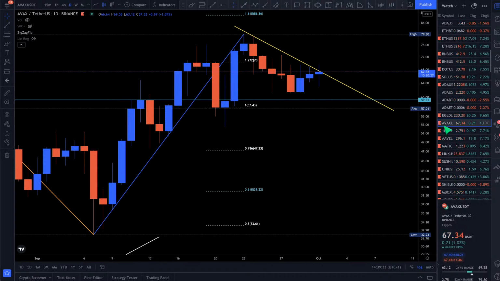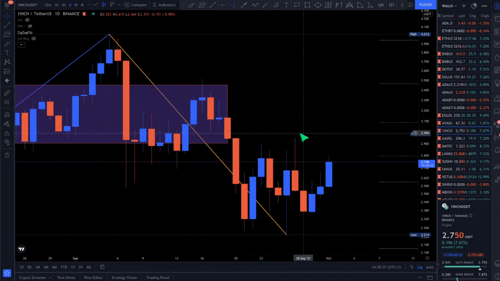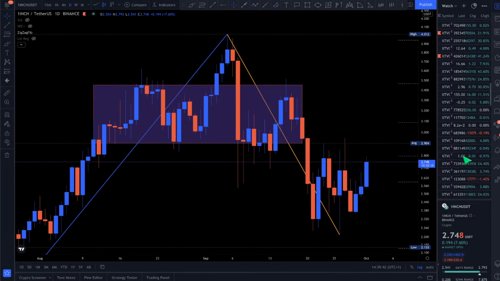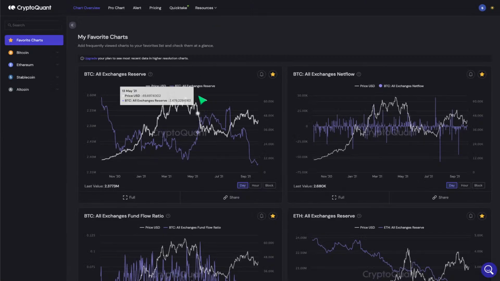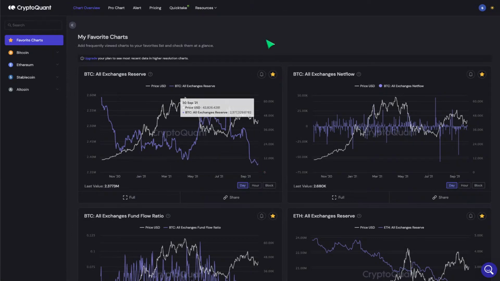Let's have a look and see what this does. Let's go and have a look at 1INCH. Just having a browse through all of them. Again, similar pattern, so no point looking at all of them. Very similar pattern. But yeah, guys, BTC is doing its thing. All I'm going to say is keep an eye on it. I am seeing some BTC come back into the market, some leaving. Keep an eye on it.